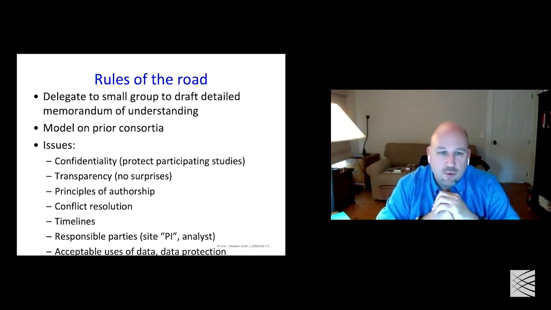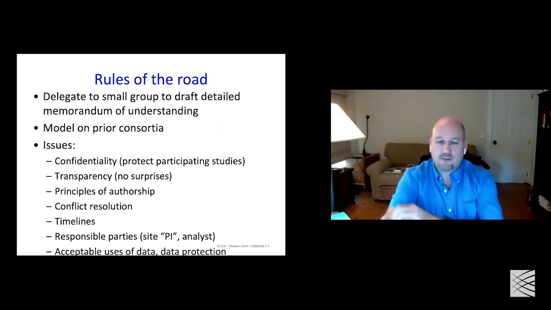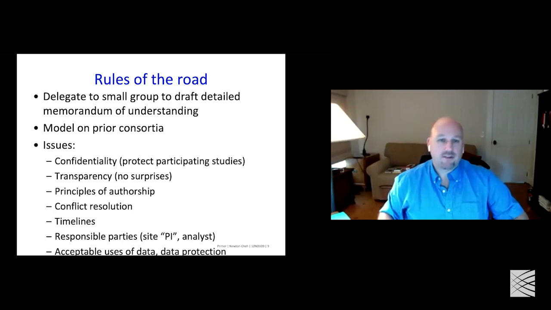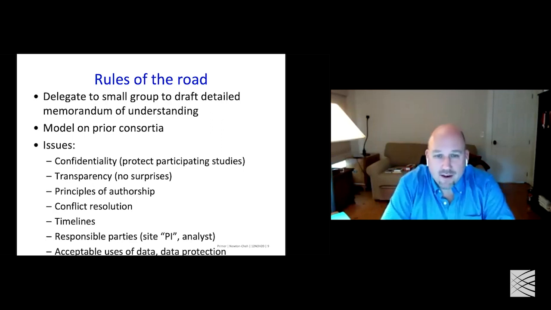Transparency is really important. Most consortia are comprised of many of the key people in the field who have been historically contributing to these conditions or the study of these traits or diseases, and so in some way they're all competitors in the sense of trying to make discoveries in a timely manner and not be scooped. And so it's important to recognize that to get all those people to work together, it's really important to establish general principles of transparency, and that usually means